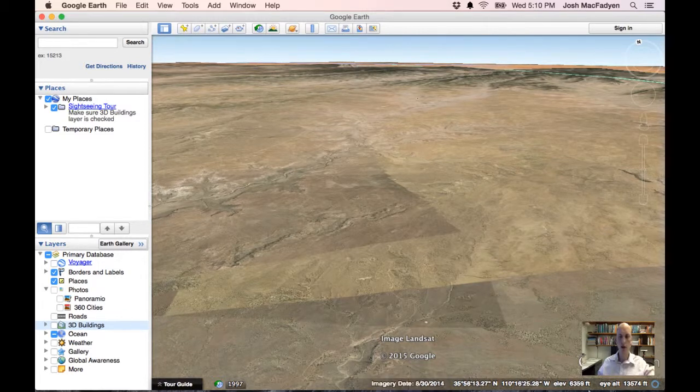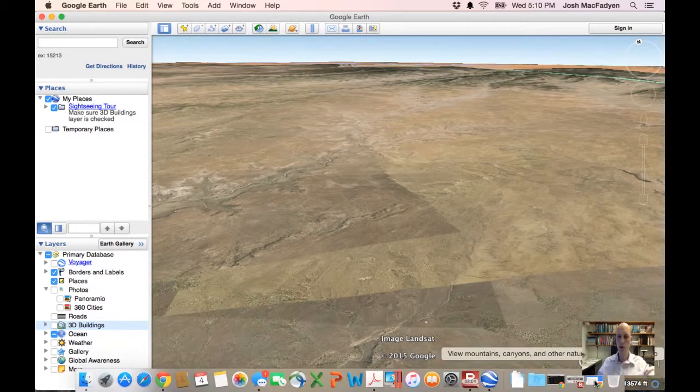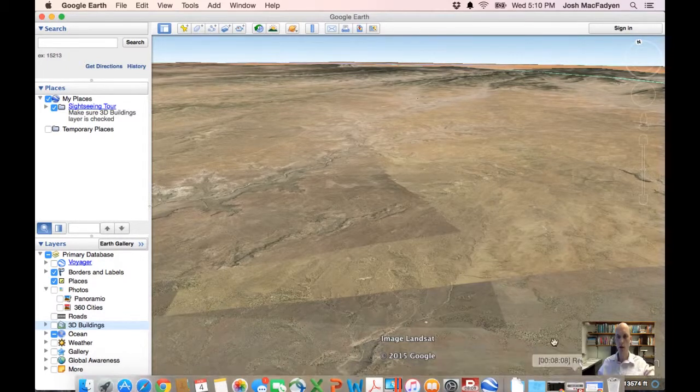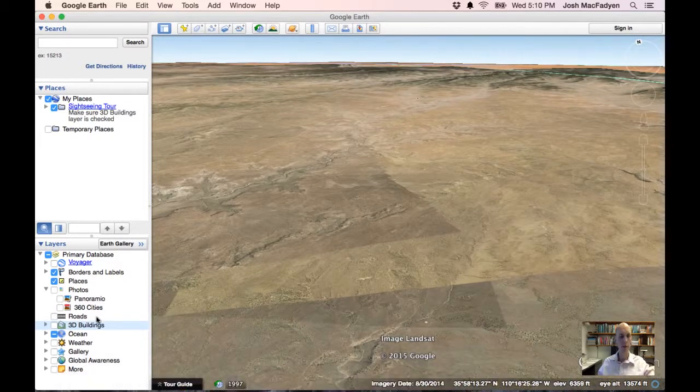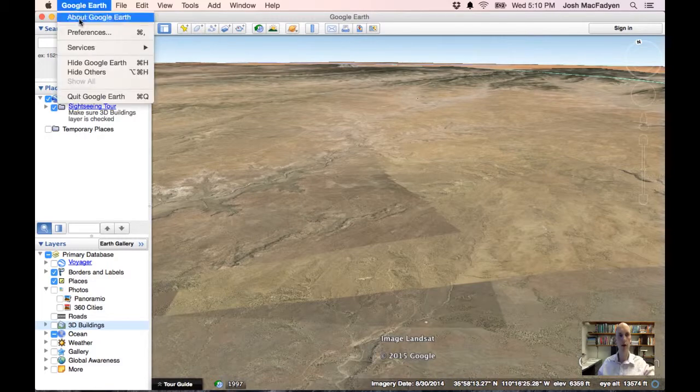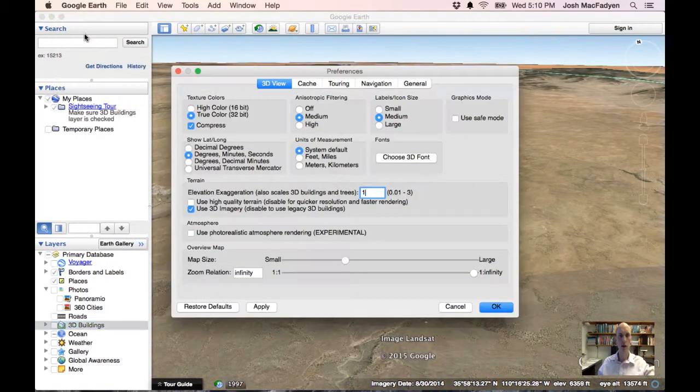So we are seeing at this point 3D elevation in the terrain. You don't really see it quite as well until you zoom in even closer. But one thing you can do is go to your preferences, which on a Mac is under Google Earth, and then preferences. You can change the 3D imagery here to turn it off, or in this case, turn on high quality terrain. In mine, this is going to use up a lot more bandwidth